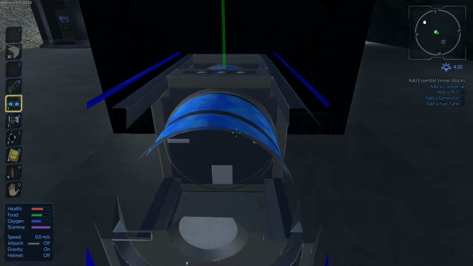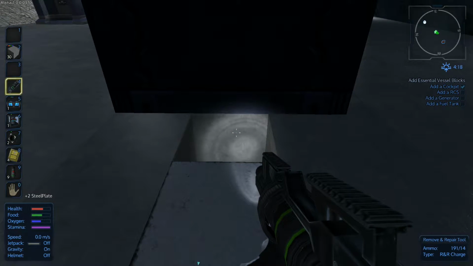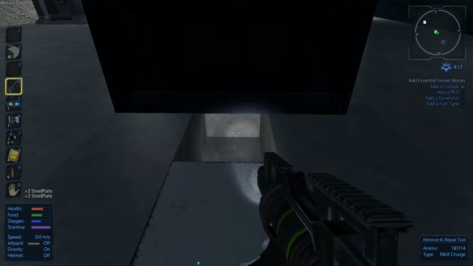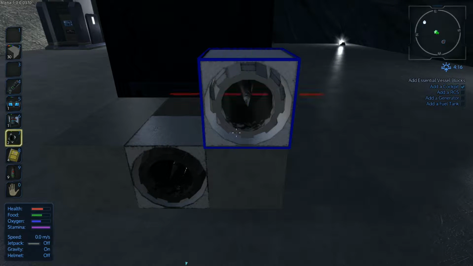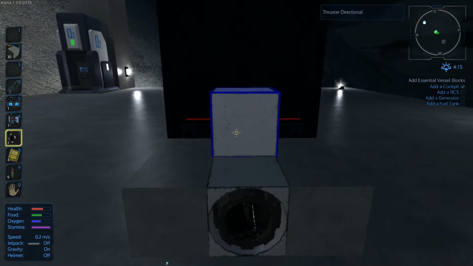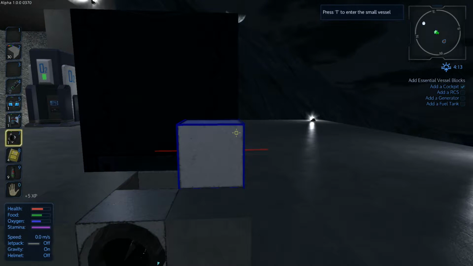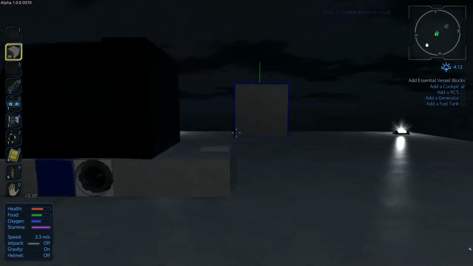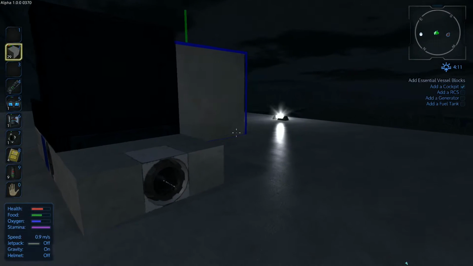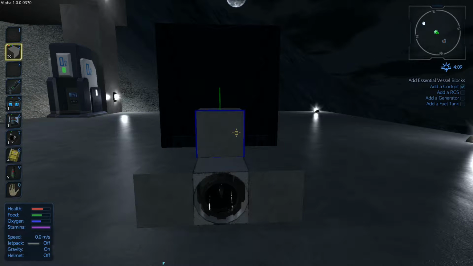And before we forget, there we go. Because I actually want that to be a little bit further forward. Okay. Go ahead and drop another block in there to seal that off. And that gives us most of our basic controls. Okay, so we still need to put our RCS and our power system in, so we're going to go ahead and put,